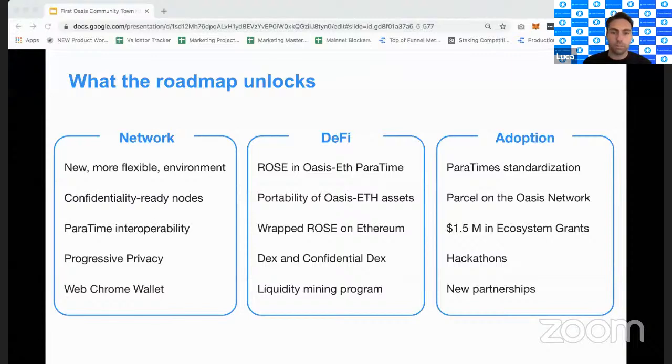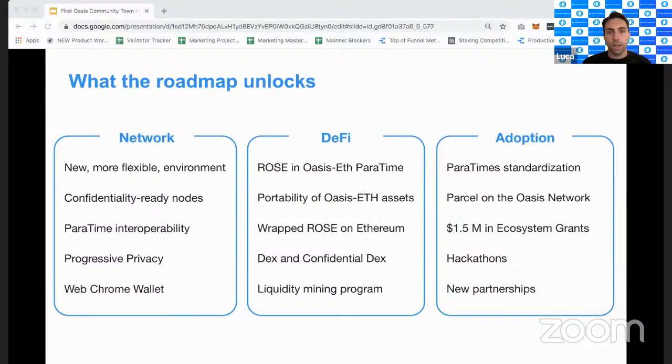And the last one is that we always speak about the partners or partnerships, or maybe how companies are using the network either directly or via Parcel. The thing that we probably haven't really explained is how all these pieces that Irene described, all these big chunks of work on the development side, are actually being used. And so take, even just looking at the ParaTimes, having ParaTimes that adopt the same SDK and the same standards and the same